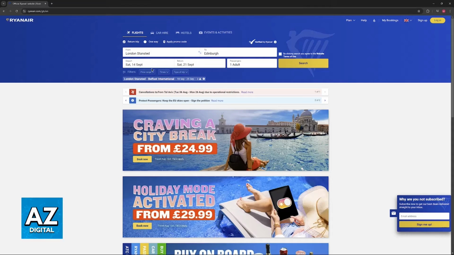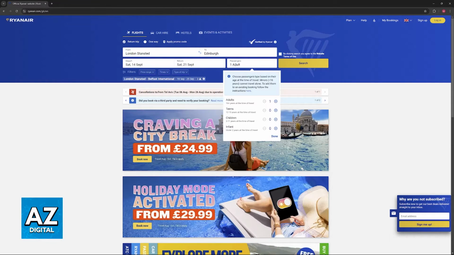So once you have selected the appropriate departure and return date, you can set up the amount of passengers. So you have adults, teens, children, and infants. Make sure that you go over this process carefully. All of this will be verified later, and you will have to confirm the contact information for everyone who you input here. So adults are considered 16 years or older, teens between 12 and 15, children between 2 and 11, and infants for anyone under 2 years old.